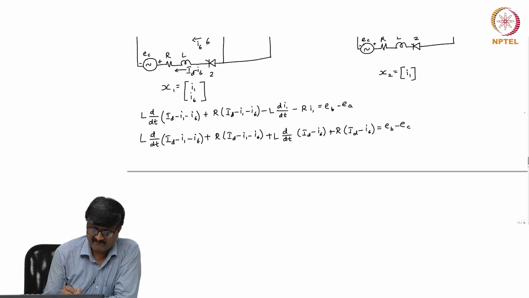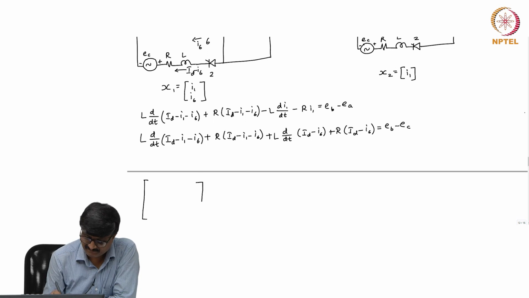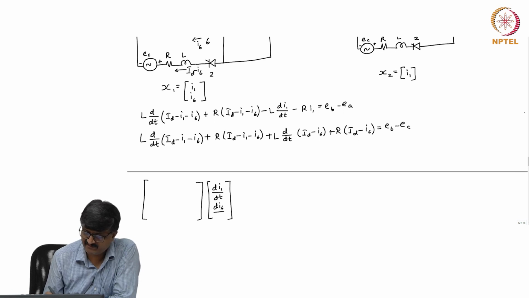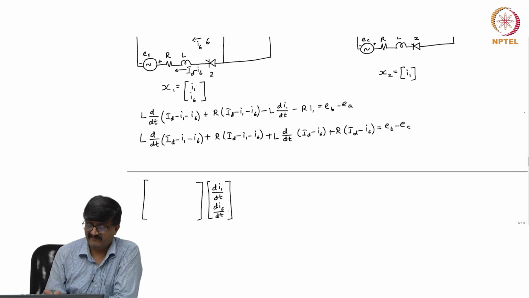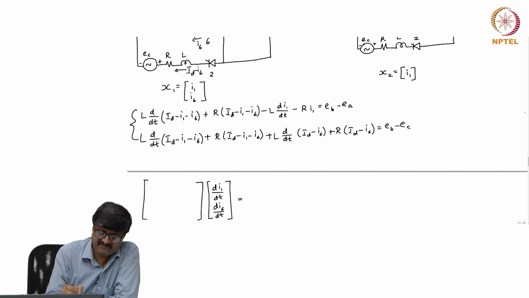So, I will write this in the form of vector matrix equation. So, I will take a matrix and multiply this by the column vector whose elements are the derivatives, first order derivatives of the elements of x 1, that is d I 1 by dt and d I 6 by dt. So, my intention is to get the equation in the standard form. So, in the standard form I have only the derivative of the state variables on the left hand side. Okay. So, in both the equations that we have derived, so from these two equations I am getting this.